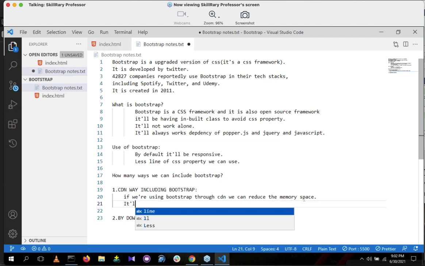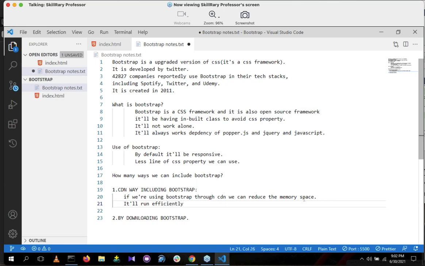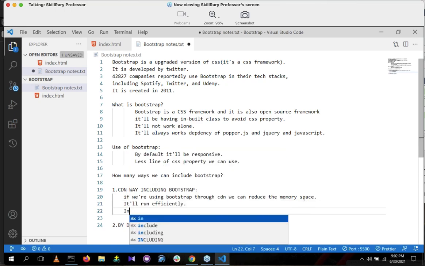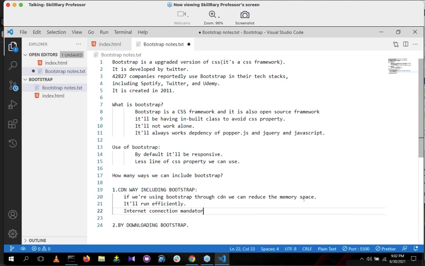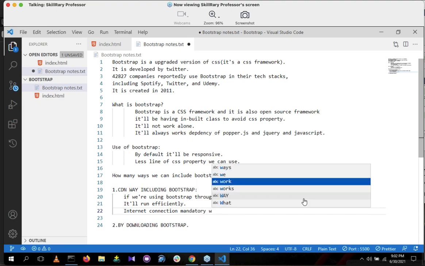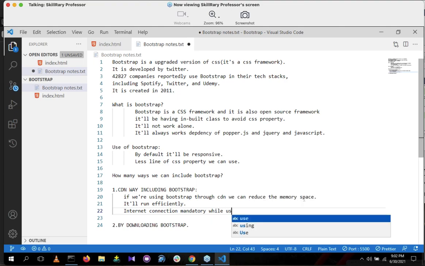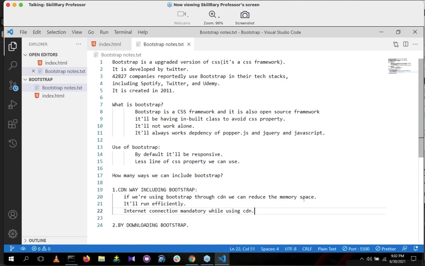It will run efficiently, and an internet connection is mandatory while using CDN. That's it.